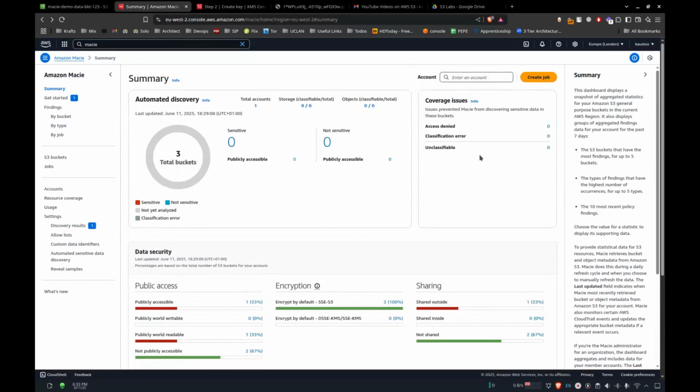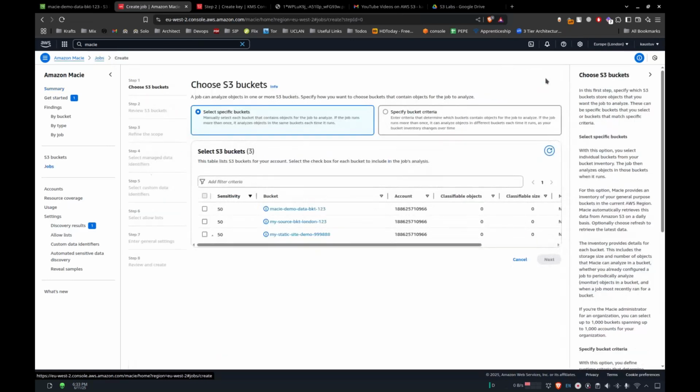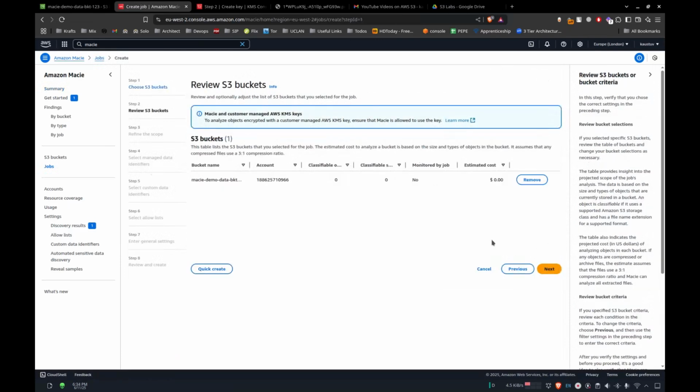Once you get to this section, just click on create jobs and click our S3 bucket that we want to scan for and click on next. Then just click on next,